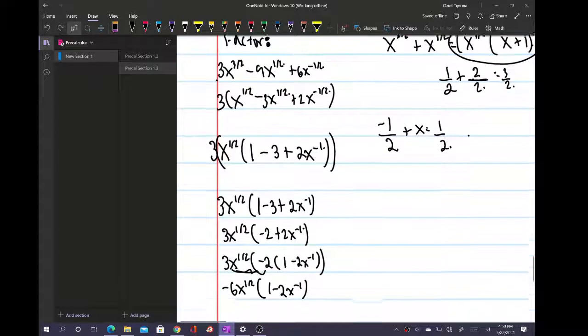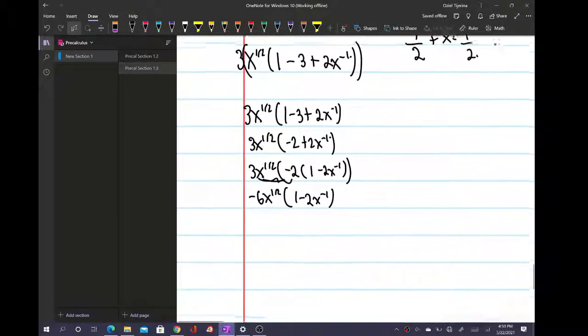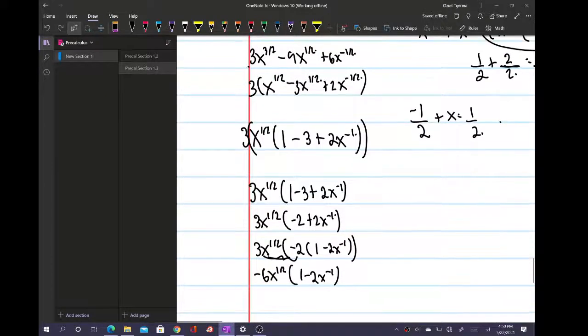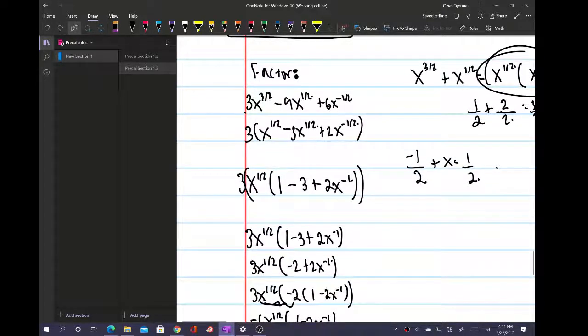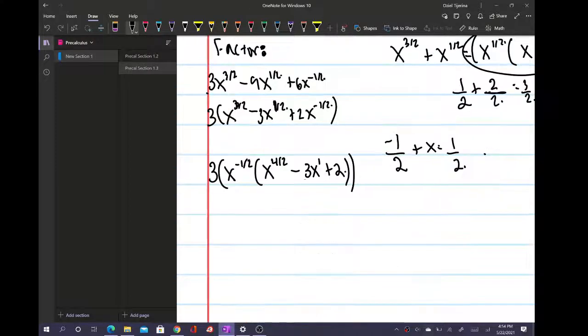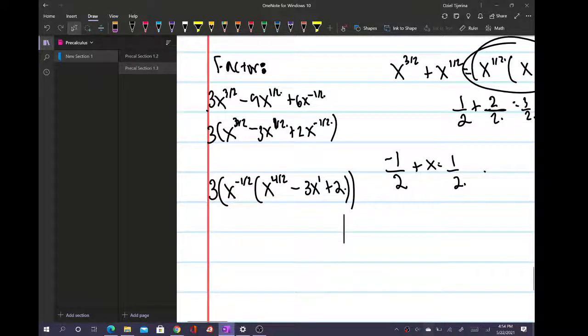Now, in reality, this is supposed to be 3/2. I think that's why I got it wrong. Give me 1 second, guys. I'm so sorry. Okay, so the way that this one is, and I know this is taking a little longer than usual,